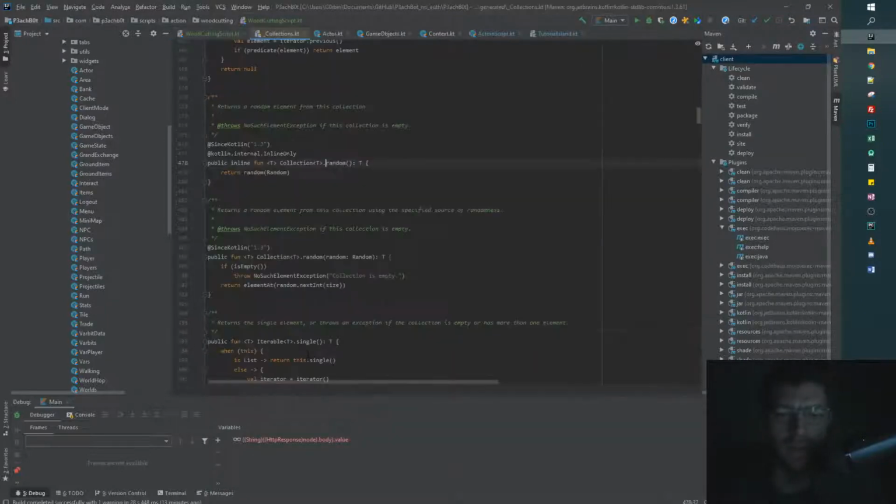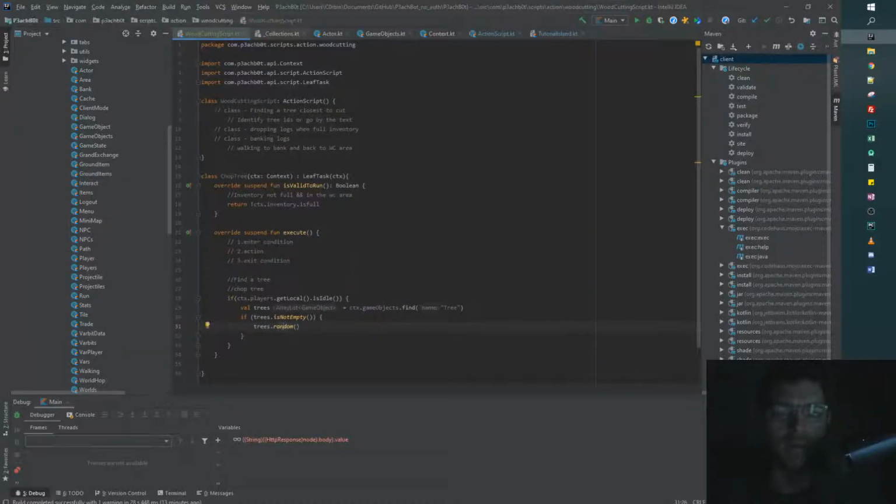Let's see, random one. I think we want to return a random element. Yeah, for some randomness. Okay. I also don't want to. Don't really. Okay, so depending on the size, so